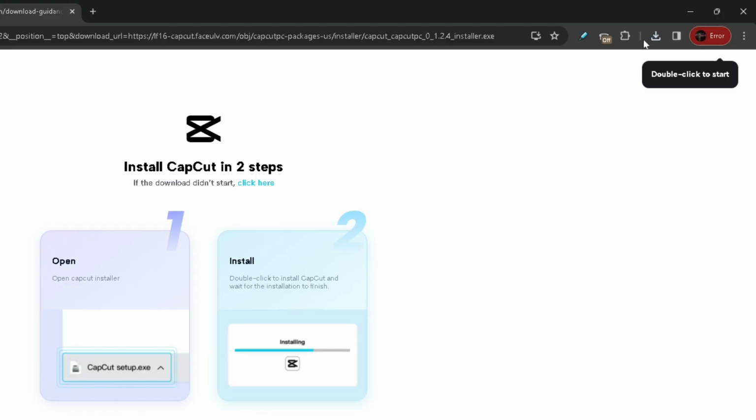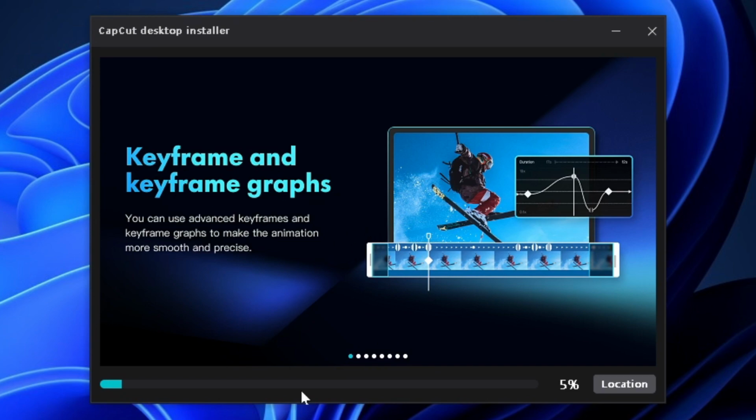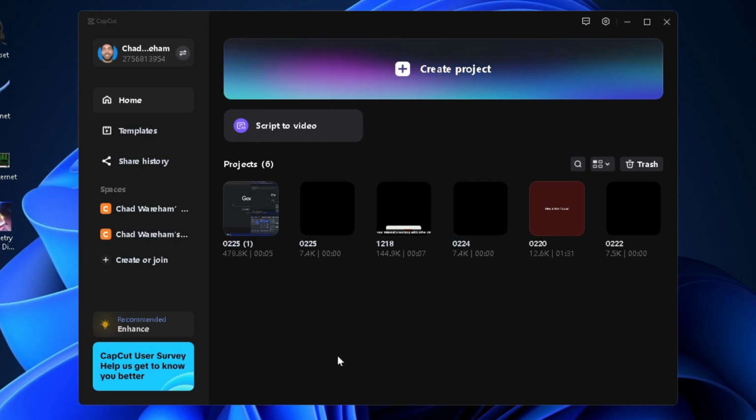Now, CapCut should begin automatically downloading in the top right corner, and once it's finished, you can go ahead and click on it. This will automatically open up the installation page, and it should only take a few moments to install. Once you've finished installing CapCut, open up the program, and this is what it's going to look like on